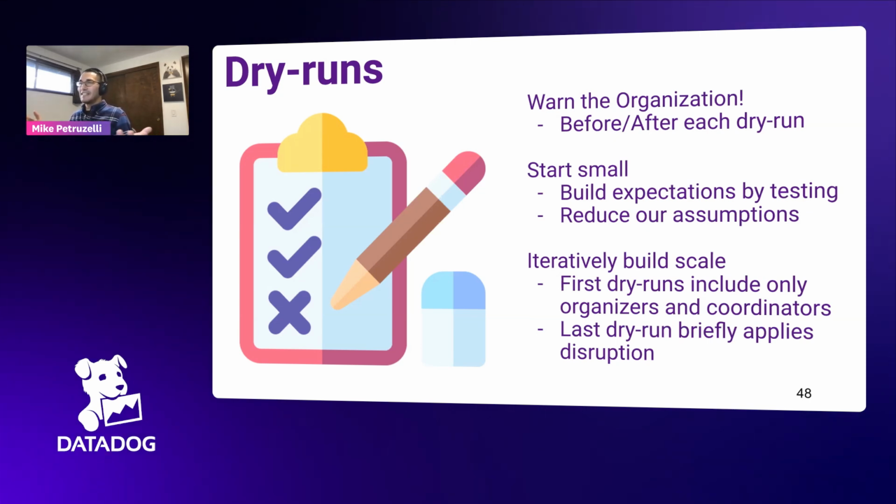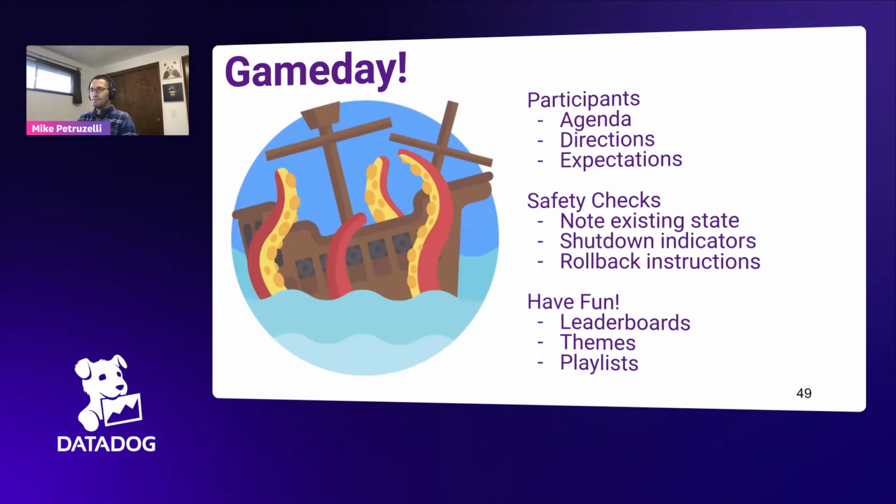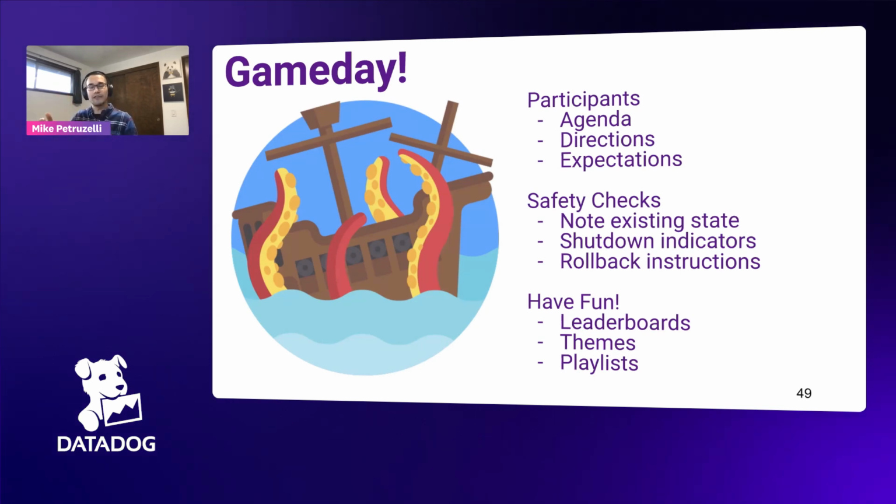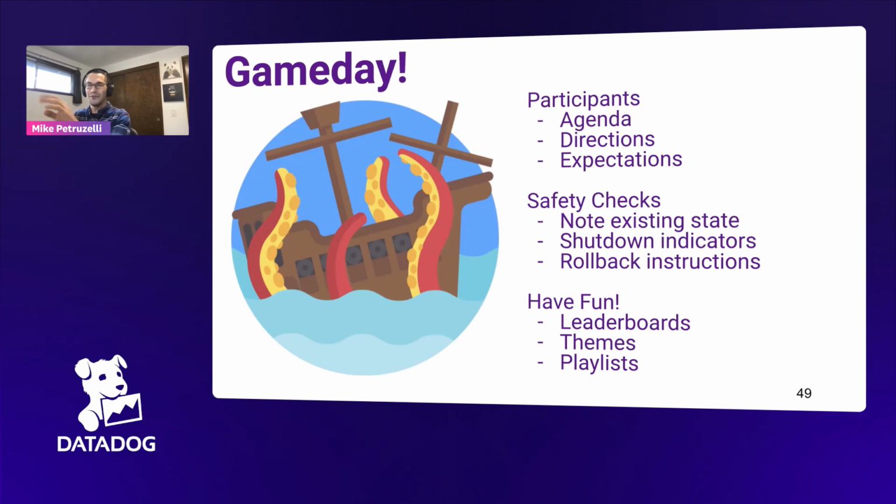And then kind of finally on the day of the game day, what we found is you really need participants to be engaged. So make sure that they really understand what you want them to do. An agenda, explicit directions, and expectations. Sometimes you want them to jump in. We want you to try and remediate. Sometimes you sit back, give us 10 or 15 minutes. We want to kind of learn and observe. Then we'll kind of release everybody, go do your fixes, run your runbook, stuff like that.